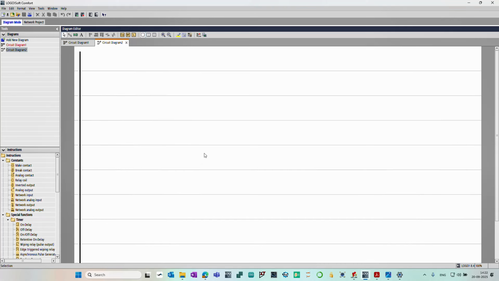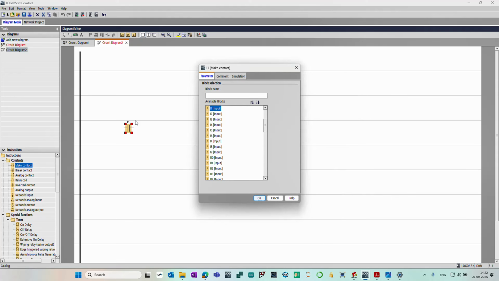As we know, we will use four inputs to the PLC. So first, let's start with the start button. On the left side, go to the instruction tree, it's basically called the instruction tree. If you see on the left side, under constants, you can see the make contact. Take that and place it here